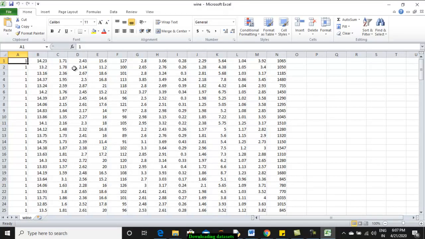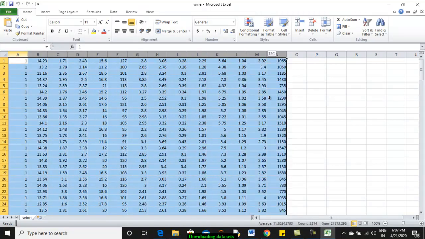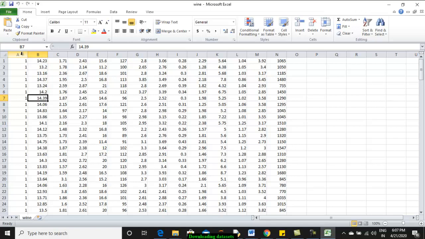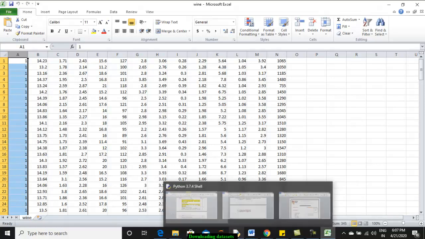Now we don't have headers over here, and if you look, we were told that there are only 13 attributes, but altogether it is 14 now. So what does it mean? The first column refers to the output column. It refers to the output class, and the rest of all 13 attributes are what we were talking about, the features or the attributes.